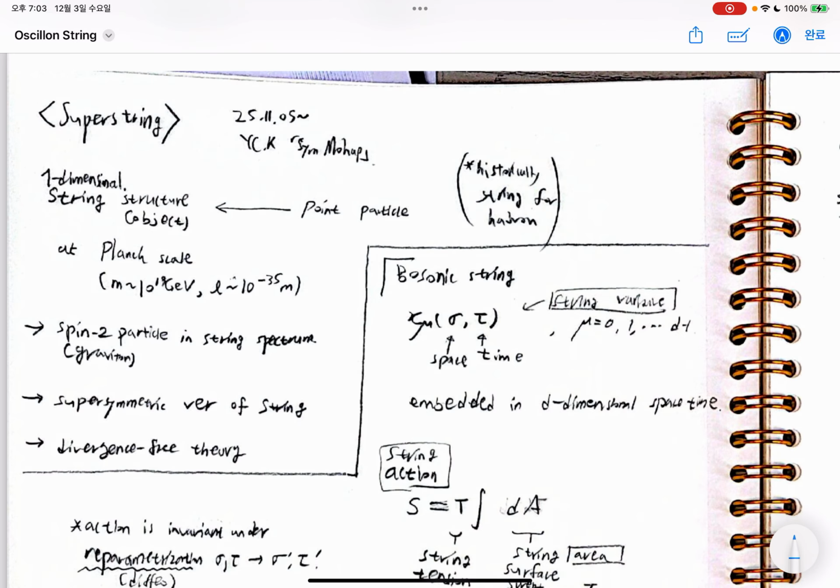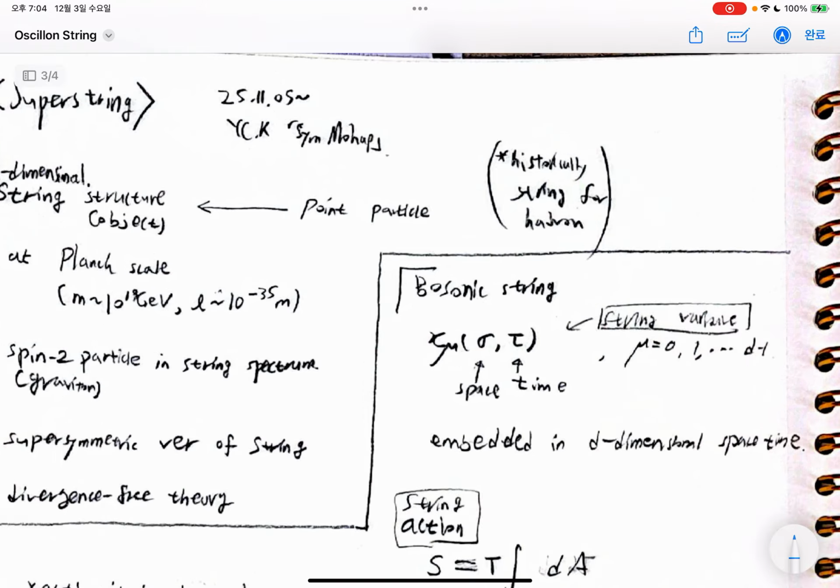Right. Today I will talk about a brief introduction to string theory, especially the superstring. I'm not an expert in theoretical particle physics; I focus on phenomenology. But this is just a brief introduction, so I will give some things along the way and an overview of